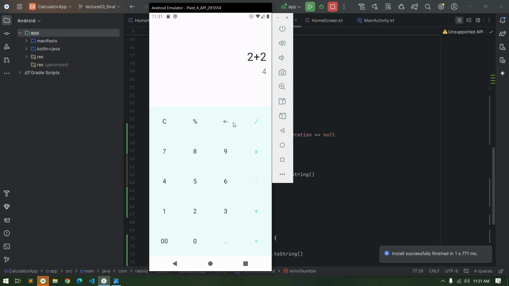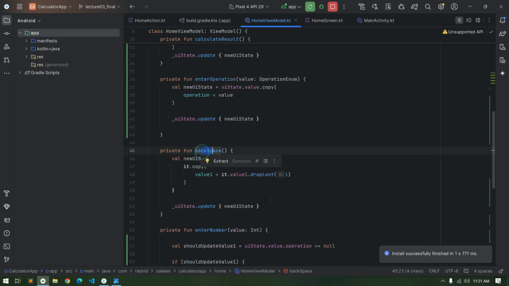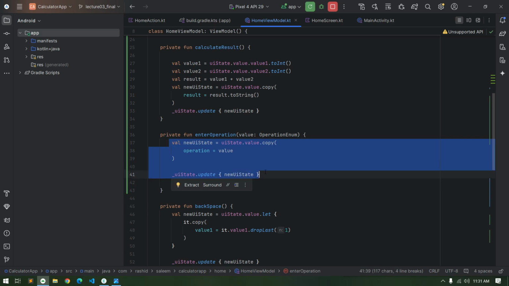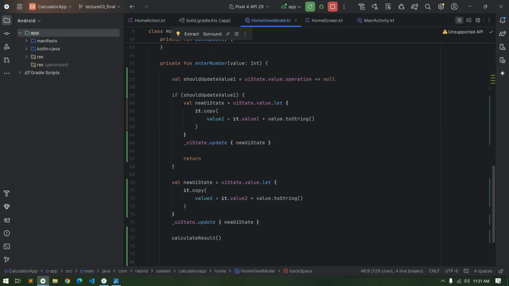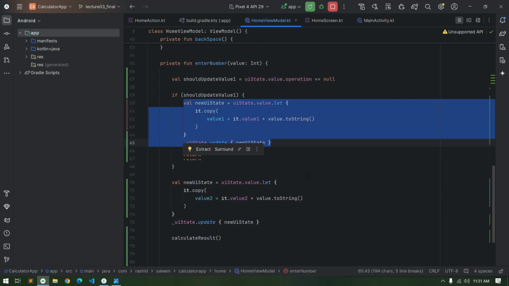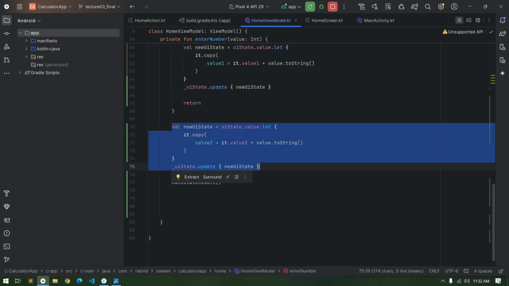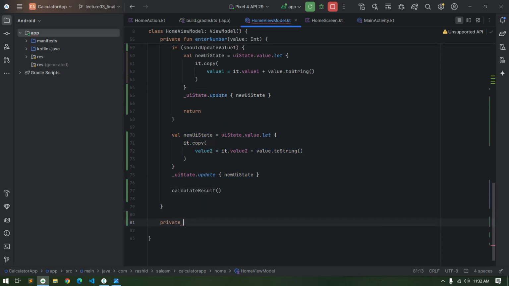And now we will manage how to perform backspace operation on a particular value which we want. So in our backspace, before working on backspace, we may have noticed that there is some code which is repeating in each function again and again. Whenever we want to update the UI state, we are writing a significant amount of code repetitively. So here what we will do is we will create a method named